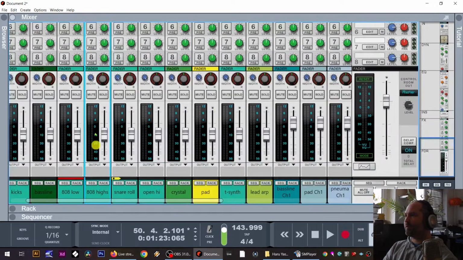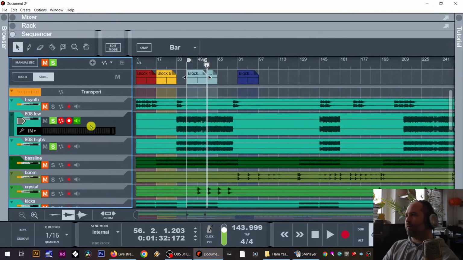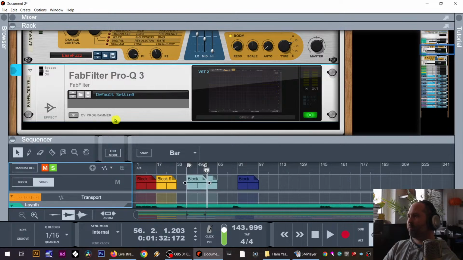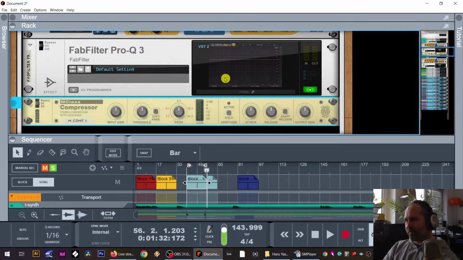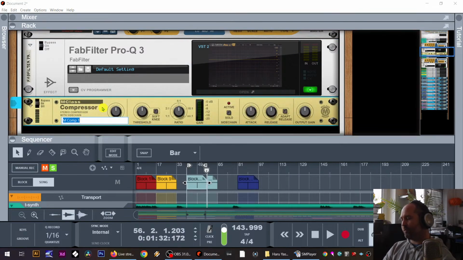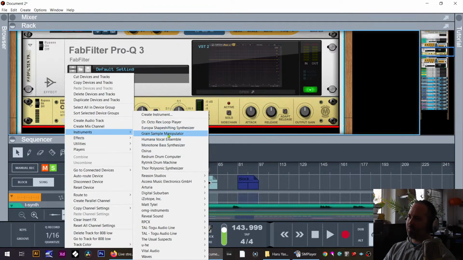Cool. Okay, so we're going to go to the low again and make it mono. So there might be too much energy in these lows, so I'm gonna go back to them. I'm gonna right click on it, effects, compressor, and let's rename this 808 low. And then I'm gonna hold down shift, right click, instruments, Redrum,